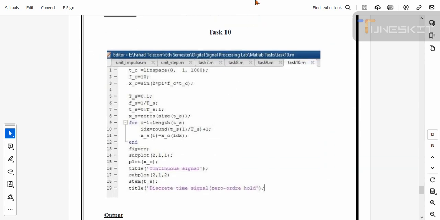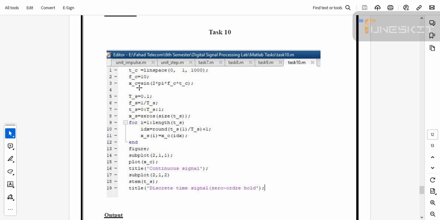So in task number 10 we have to plot the zero order hold function. For this we define a time as well as a frequency, while the given function is sine. So we define a time interval of 0.1 as well as the frequency. After this we are using a for loop and we use the end command to complete the loop. After this we use the subplot command. We also use the plot command to plot the graph for the continuous signal. After this we use the stem command